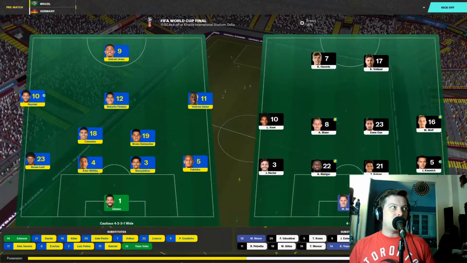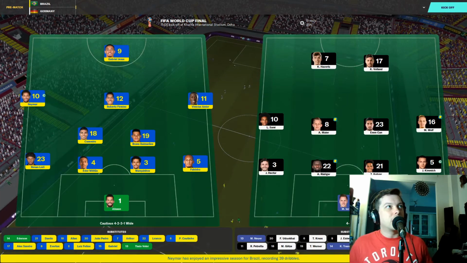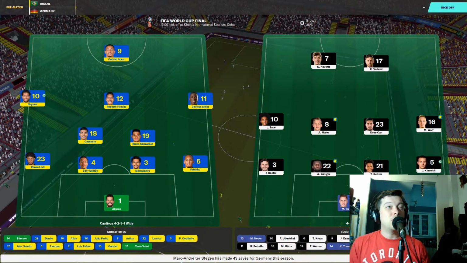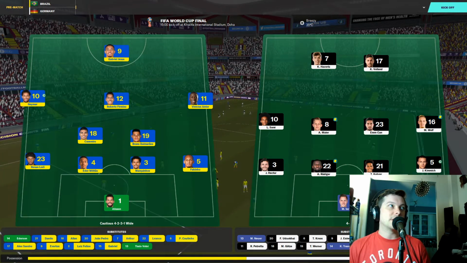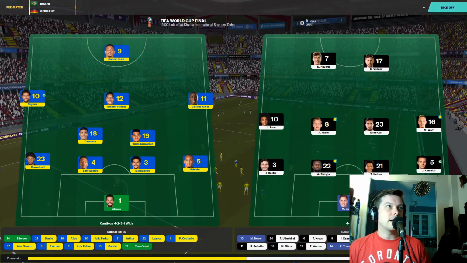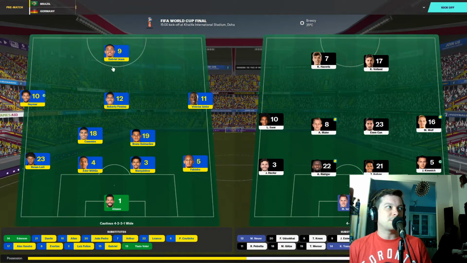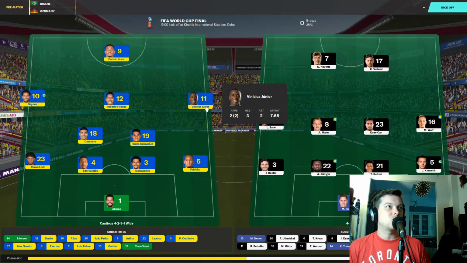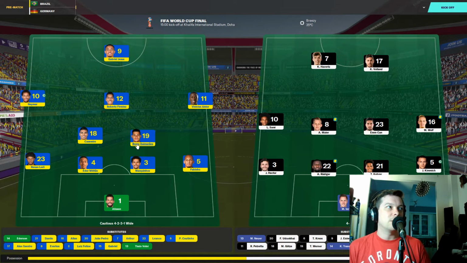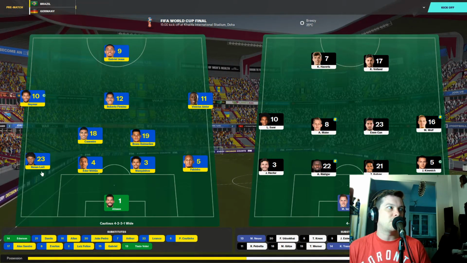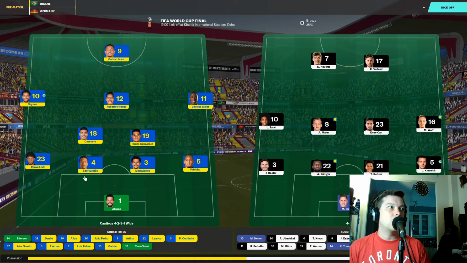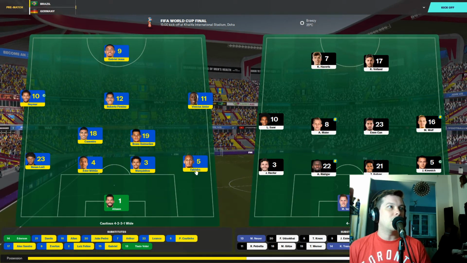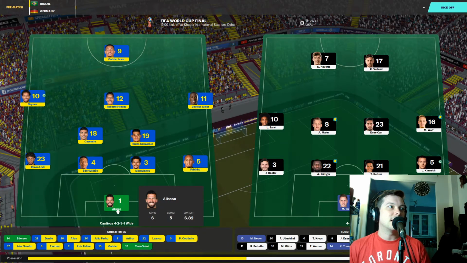All right, here we are for the World Cup final at the Khalifa International Stadium in Doha. It's 35 degrees and it's breezy today. And here are your starting lineups. For Brazil, Gabriel Jesus up top with Neymar on the left-hand side, Roberto Firmino in the middle, and Vinicius Jr. on the right. Casemiro and Bruno Guimaraes in the center of midfield with defense, Renan Lodi, Eder Militao, Marquinhos, and Fabinho on defense with Alisson in goal.